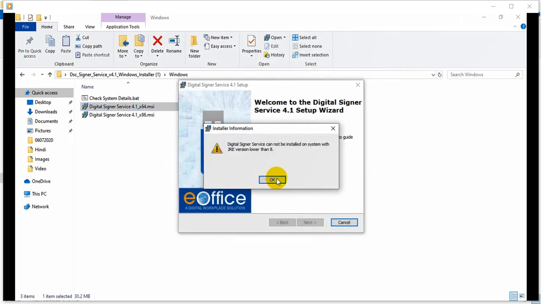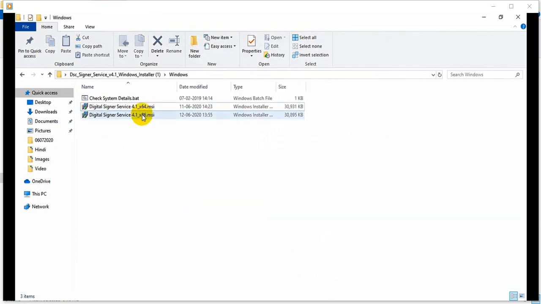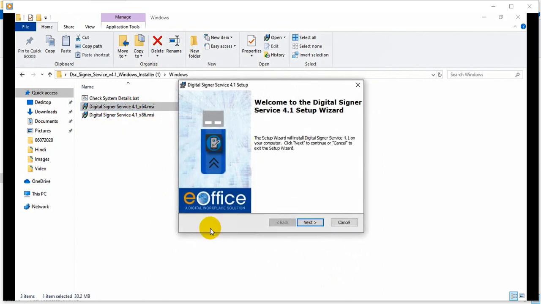Okay, here also one message came. Let me resolve this. As I told you, this last one is for a 32-bit operating system, and this one is for our 64-bit. The above one is for a 64-bit operating system. I clicked on this and the screen came with the next button, but just before, the next button had come, an error message was showing, a JRE error, which you can see by going back a little in this video, that the JRE version is not 1.8 or above, and so I cannot install DSS and it is not allowing me. So I stopped recording and installed the new JRE after downloading from the internet, and you can do it also by typing download JRE in Google. You will get the link and you can download and then install it simply as you do other software.